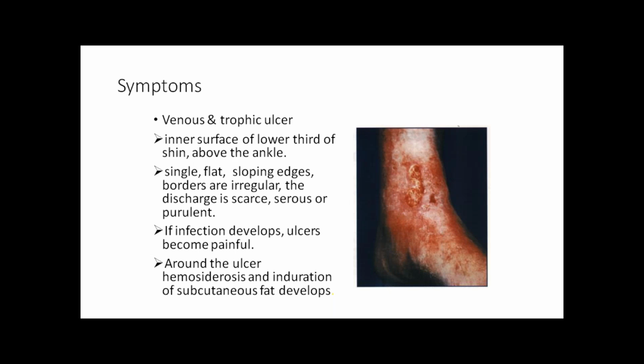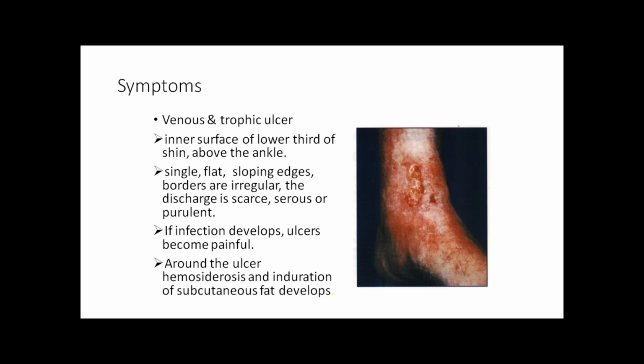So in previous days, the soldiers who were going to wars used to wear one type of ornament called a gaiter, to prevent injuries to the ankle joint. This exact region is prone to venous ulceration, so it is called the gaiter's zone. That is between the medial malleolus and the ankle joint.